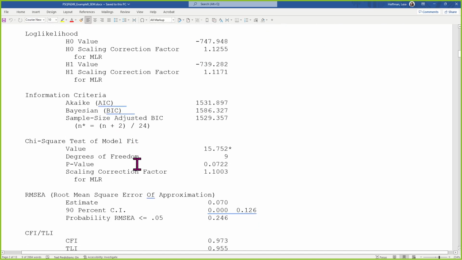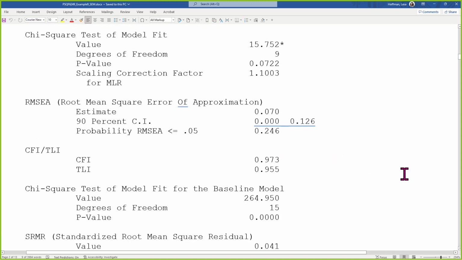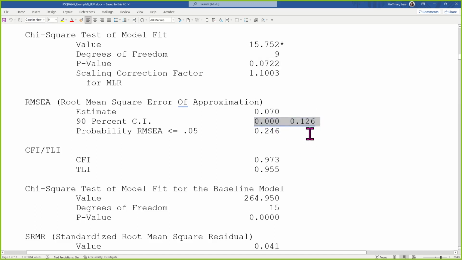So here's my measurement model results. What do you think about my model fit here? Good or not good? Quite good. Yeah. My chi-square is actually non-significant. I know, like that never happens. I have like 150 people, by the way, so that's part of the reason. And you can kind of tell that by looking at the size of the confidence interval of my RMSEA. It is quite wide. Somewhere between perfect and terrible is what my RMSEA actually is,